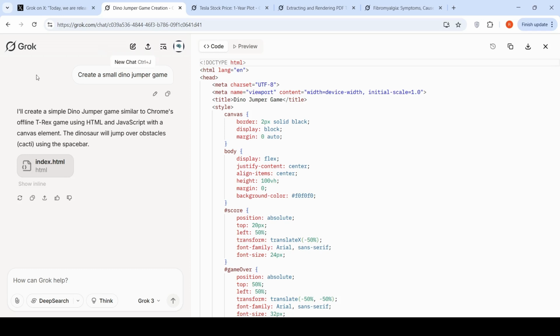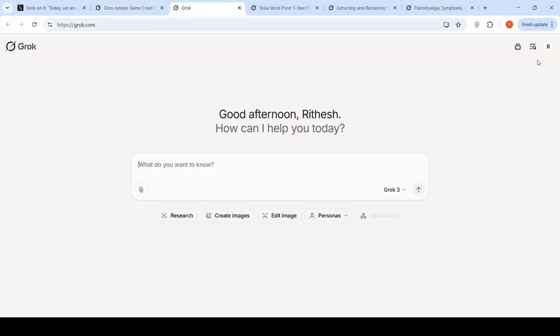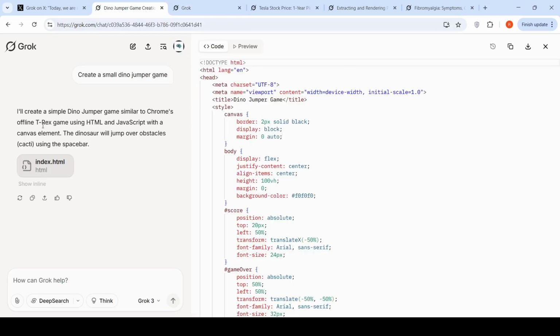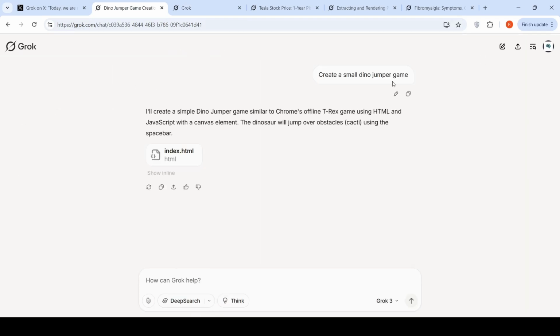What you have to do is go to grok.com, and you can chat over here, right? This is available for both free and premium users. There should be rate limits on Grok 3 usage, but it's available for free for both free and premium users. So you can go over here and put something like, create a small dino jumper game, right? It says I'll create a simple dino jumper game, okay, and you have this index,